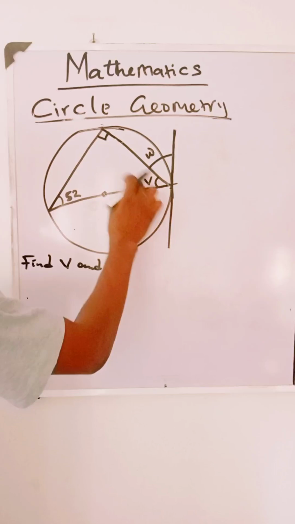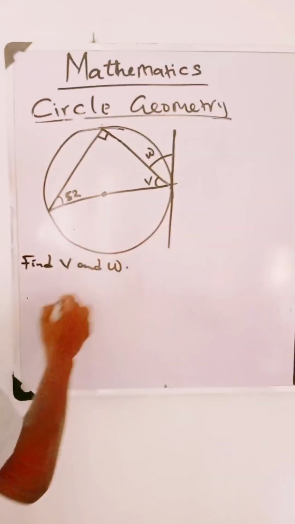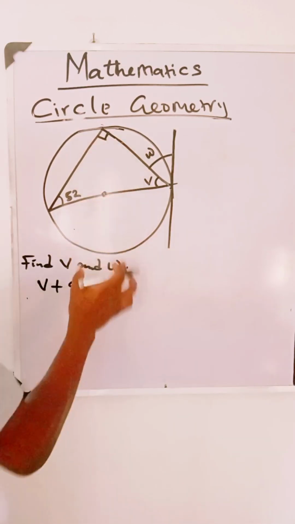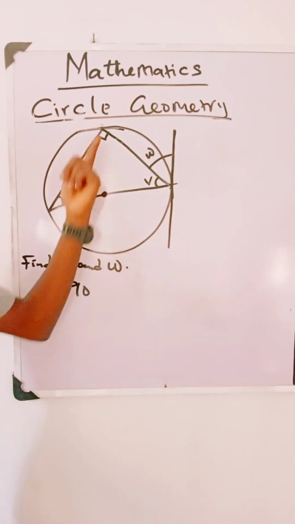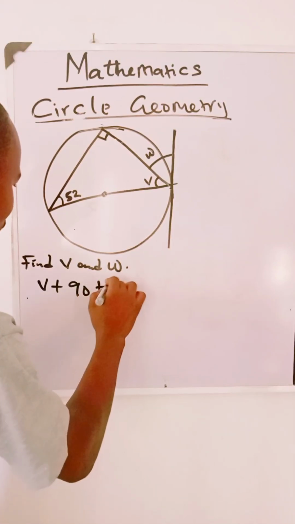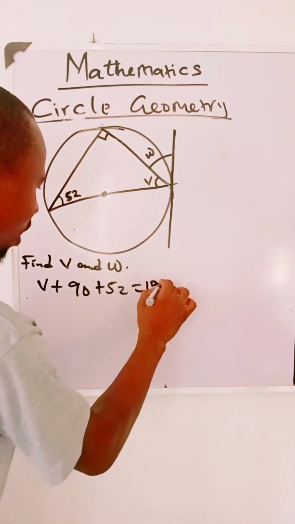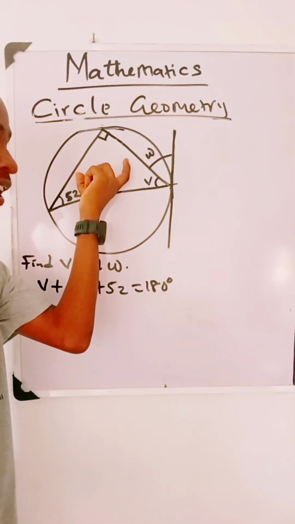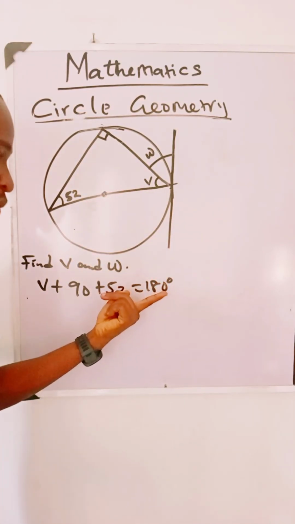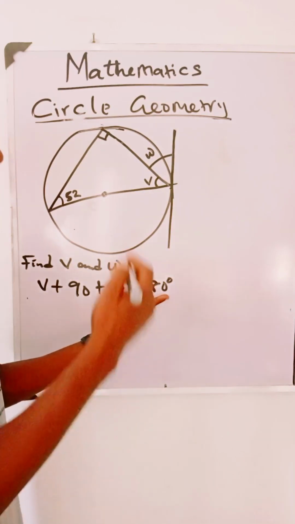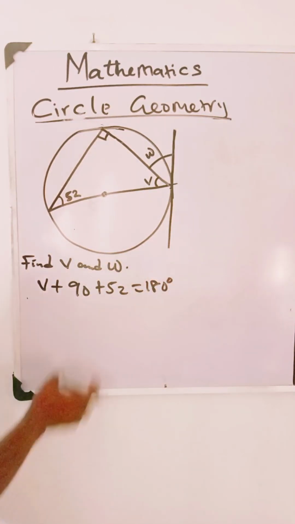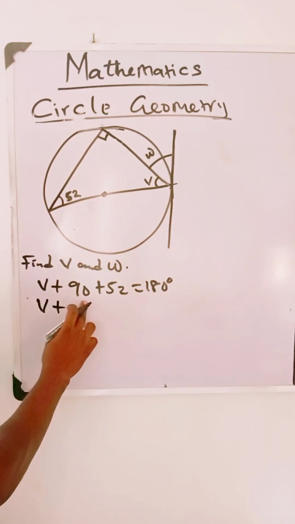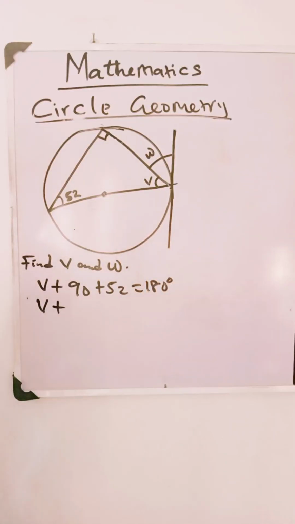I'm going to add this plus this equal to what? 180. So I have V plus 90, this angle based on rule 1, angle in a semicircle is 90, plus 52 equal to 180 degrees. Okay, sum of angles in a triangle, that's the principle why we are using 180 here. So let's proceed. We are going to add V plus 90 plus 52. This is going to give me